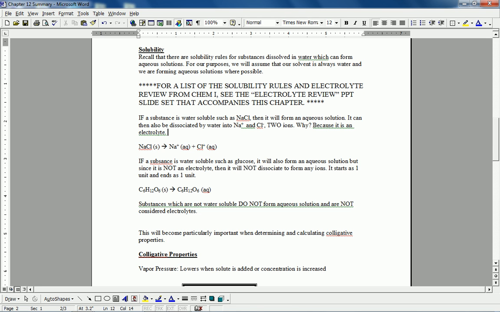If it does not dissociate and it is soluble, then it is a non-electrolyte. So if a substance dissociates, such as NaCl, when in a water solution, it will dissociate, of course, into its ions. And in this case, with NaCl, it dissociates into those two ions. And that, of course, is very important. Why is it important? Because, of course, it tells us we have two ions present because of this electrolyte, given